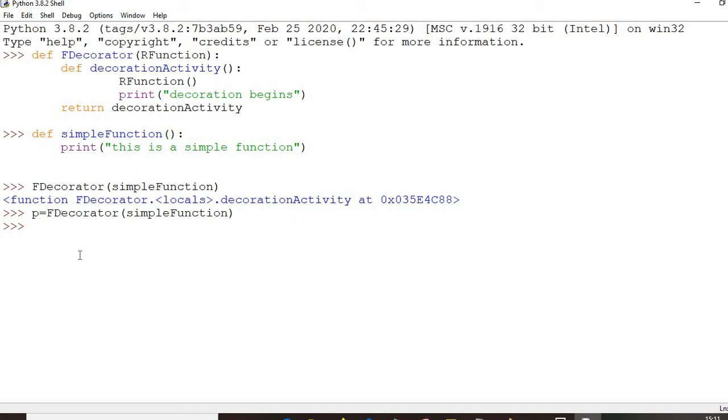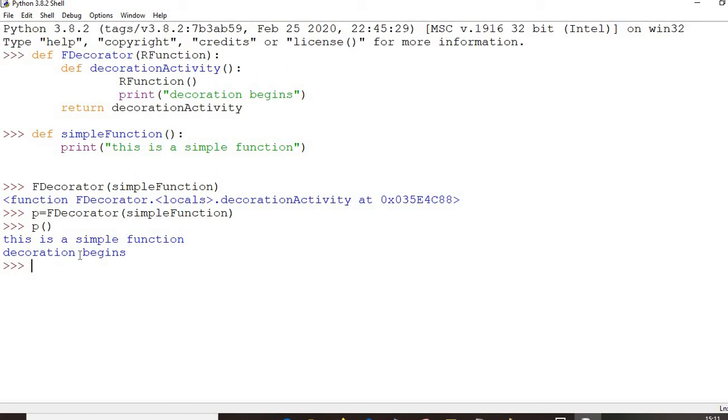Okay, so when the fDecorator function is called, decoration activity is returned. So p becomes decoration activity. What is decoration activity? It is the name of a function. So p also becomes that function. So now you need to call p, and when you call it, you can see this is a simple function, and then it says decoration begins, right?